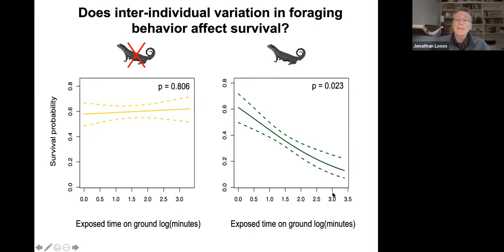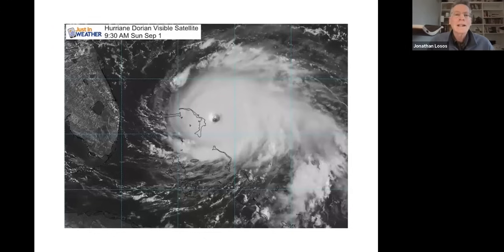Those lizards that stay out in the open for a long period of time do not survive very well, presumably because they're staying out in the open and getting eaten by the curly-tailed lizards. So this does show that selection does operate on behavior in these lizards. Now, of course, we would like to know, does that lead to an evolutionary change in behavior over enough generations? Another hurricane, Hurricane Dorian, but the good news is the lizard populations have survived. And so Oriel will be going back there soon to see if there is any evidence of actual behavioral evolution